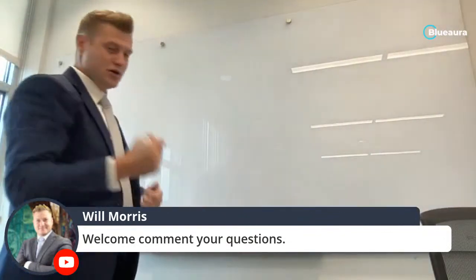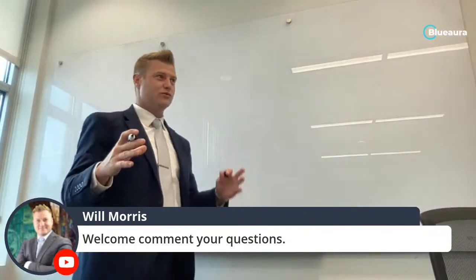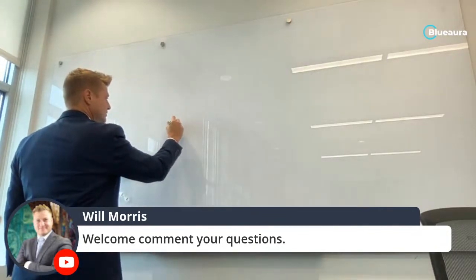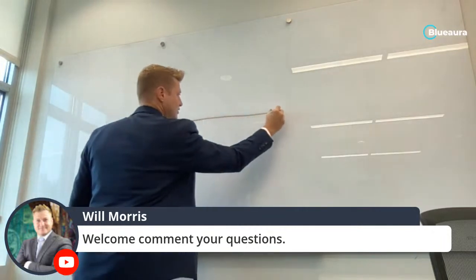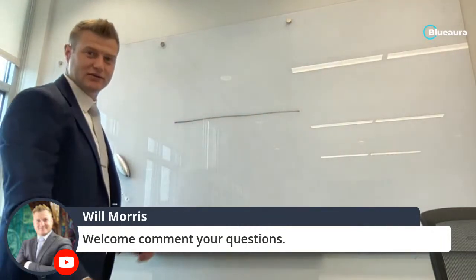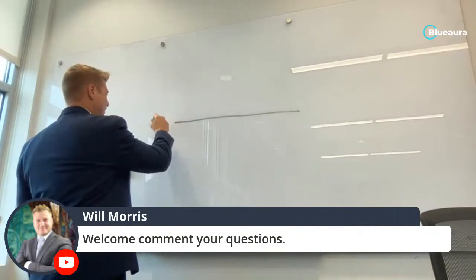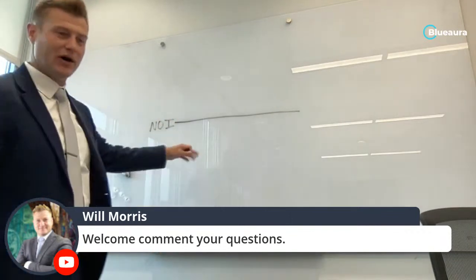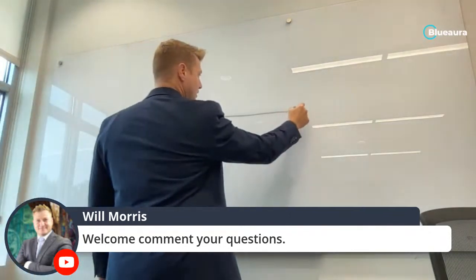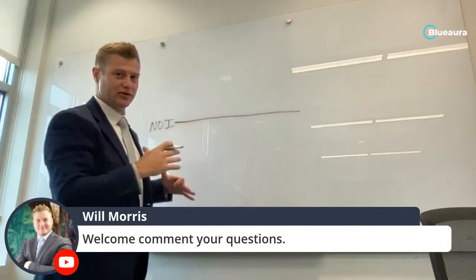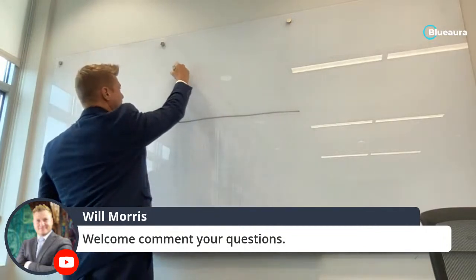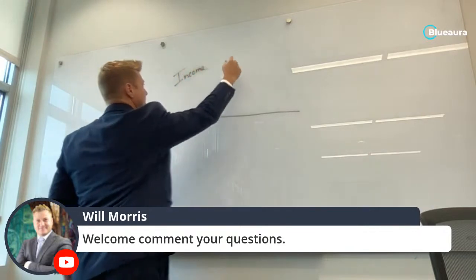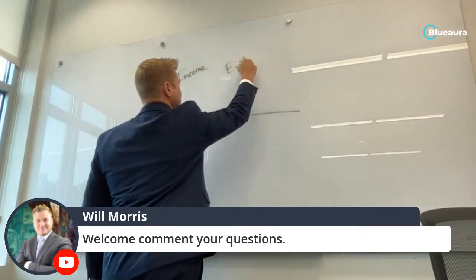Let's do this together. So in a deal, the one main thing that you got to understand is, hopefully you can see this, we're going to call that the NOI line, okay? NOI. And so this is the line of NOI. And what separates the NOI is going to be on top your income and your expenses, right?